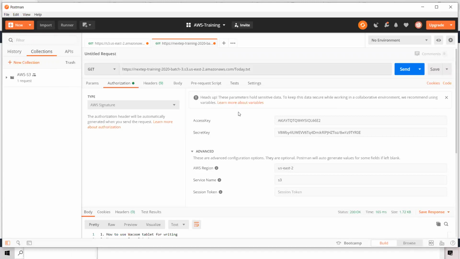Make sense? Of course, you can do your S3 put object, but when you create a put object, your payload will be this big. You will have to provide a lot more information. Rather than doing it with Postman, I will show you that using the SDK. But does that make sense?